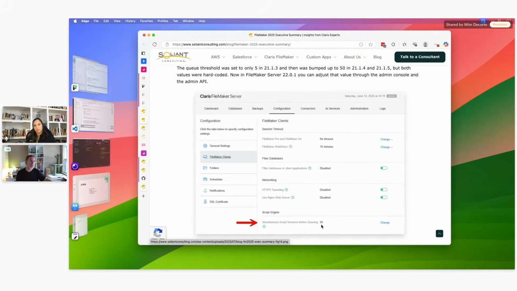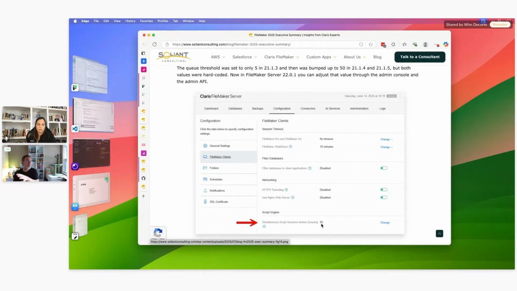The 51st one in this case, so it's set to 50 by default, would not fail. It would just go on a queue, and it would wait for any one of those 50 that are currently being executed to be done, so that the 51st comes off the queue and gets processed. What it means in real practical terms is that depending on the load that you put on your FileMaker Server, through schedules, through PSOS, or through the OData API, you may find that, seemingly inexplicably, it's slower than you would expect, and that's because of this queuing, right?